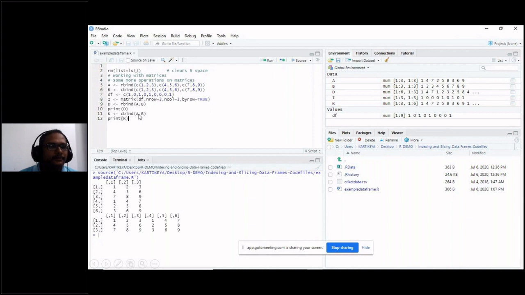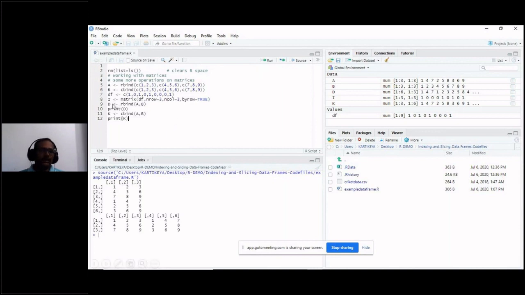Right. Now suppose you have created a matrix having 3 columns, 3 rows. Suppose I want to add another row, or another column to the matrix, how can we do that?